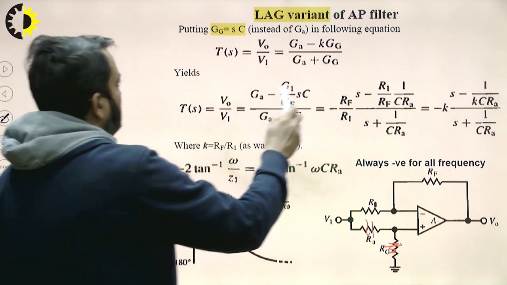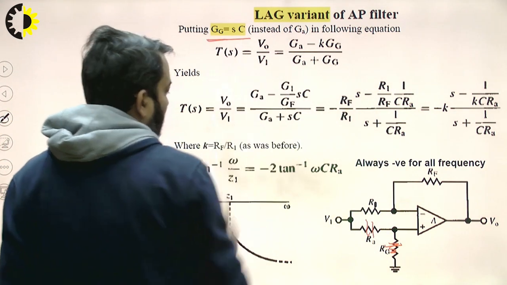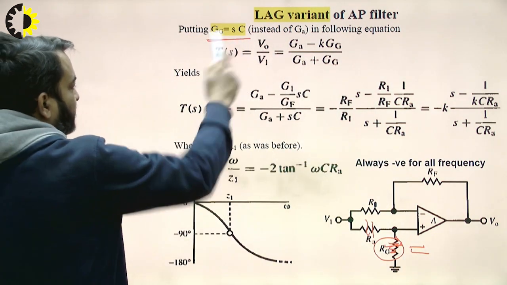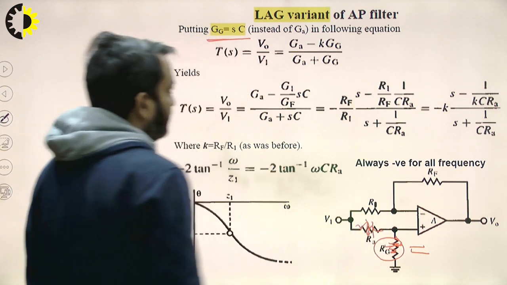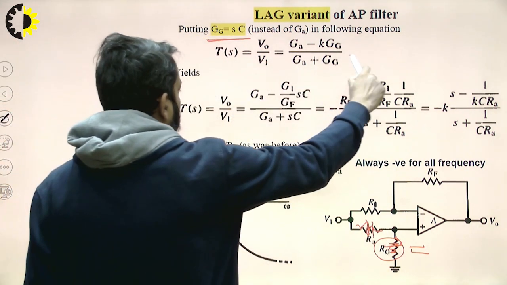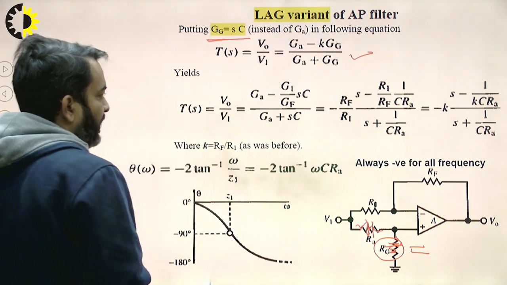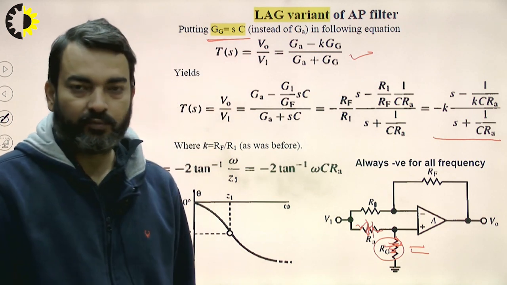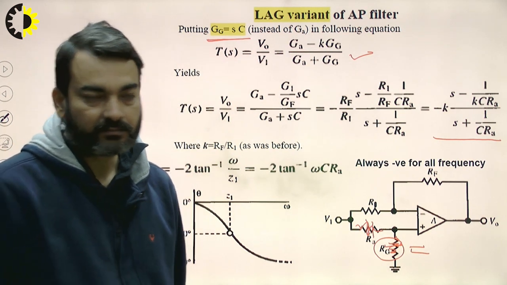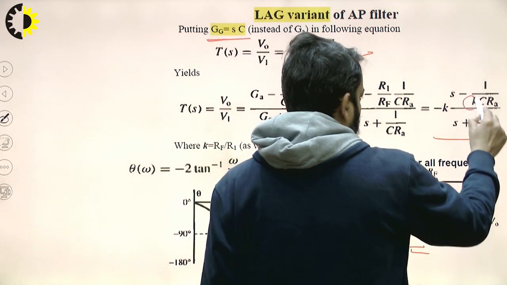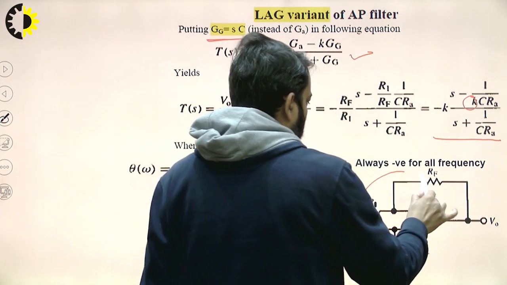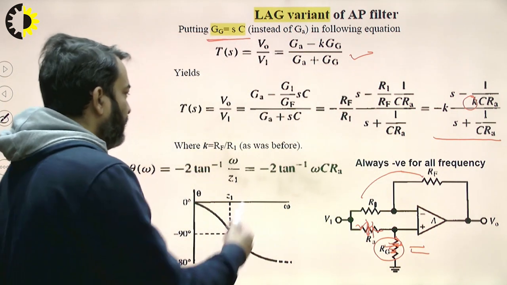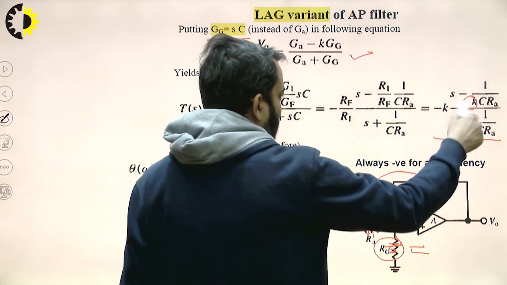So here we will take the second component as capacitive. So putting this as capacitive and this as resistive, the same transfer function will be modified as this much. Again, pole and zero frequencies must be the same. So we will say K must be 1 by using equal valued resistors. So again we can calculate the mod value of this transfer function.